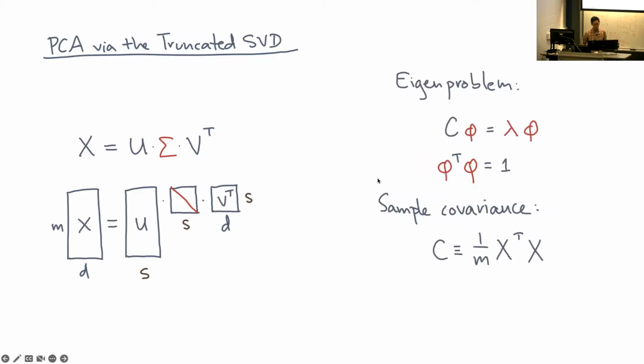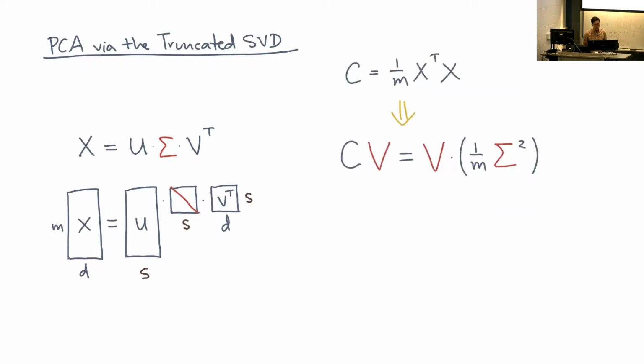Okay. So just to summarize, this PCA, we have described it as finding an axis that maximizes projections. To find that axis, we need to solve an eigenvalue problem. And it's an eigenvalue problem applied to the sample covariance of the data. And to solve this problem, we will use the SVD. So since C is equal to X transpose X, we'll plug the SVD in, and then a bunch of stuff will cancel. So if we do this substitution, then what you will find,